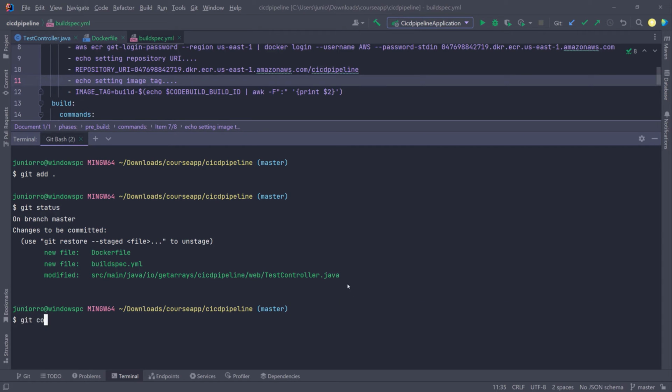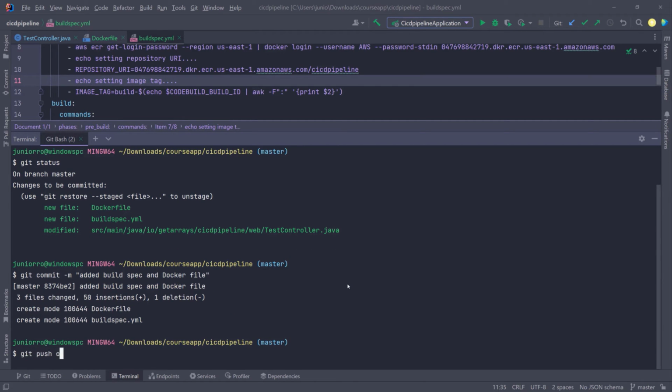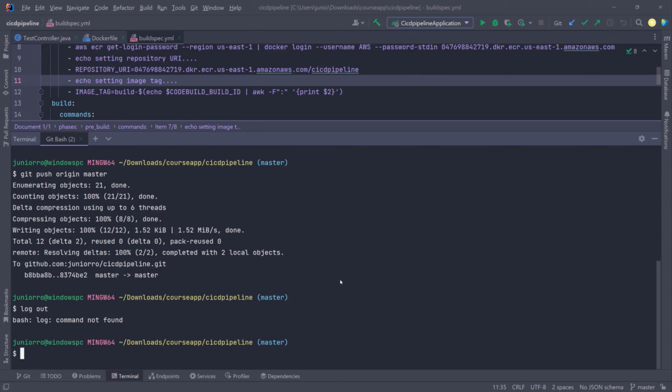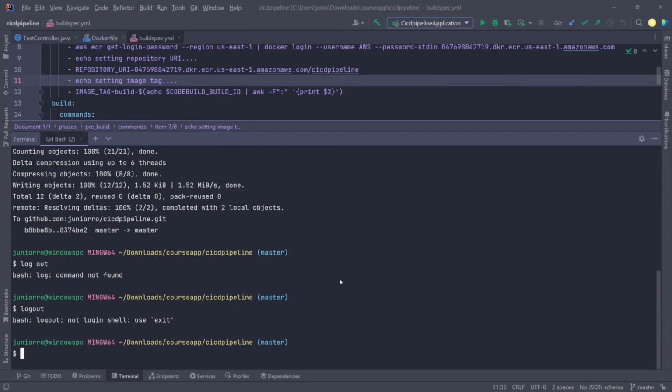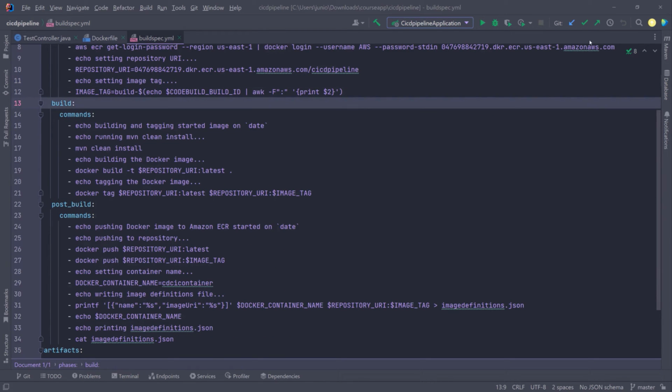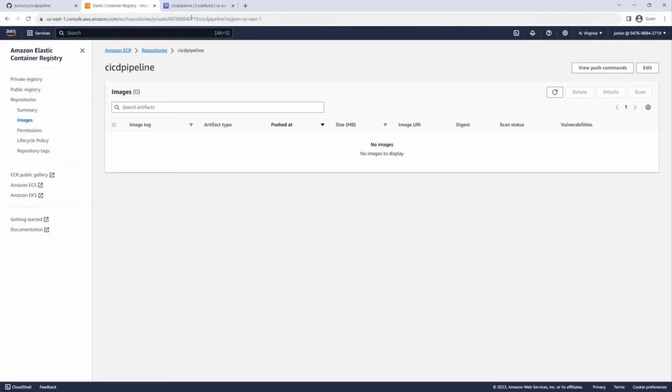And I'm going to say git commit -m so that I can pass a message, and then I can say edit build spec and Dockerfile. Press enter and then git push origin master, and that should do the trick. I'm going to do logout, just to close this thing. Okay, so now the code should be pushed to the repository, which means if we go into CodeBuild,